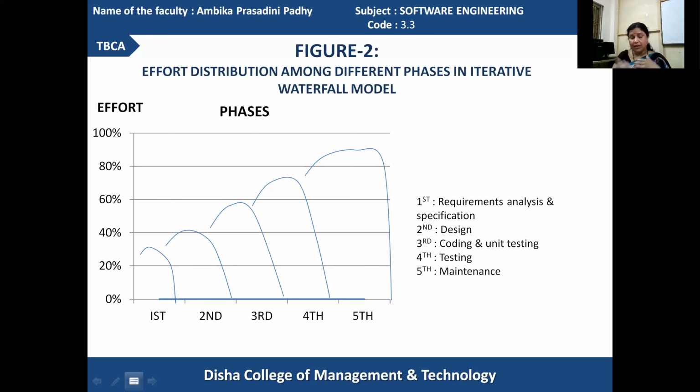In this manner, again we go for the next subsequent phase of that errored stage. So the phases already executed once will be re-executed. In this manner, the effort requirement for all the stages will be multiplied. So here, the effort requirement increases from one phase to another phase.